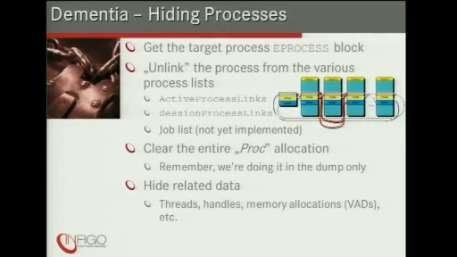Okay, so now we have everything. We have our hook, we know that a memory dump is being created, and we know all the offsets and all necessary details, and we can start hiding some stuff. Regarding the process hiding, we first get our target process EPROCESS block and unlink the process from various process lists. For example, we unlink it from the active process list. By unlinking, I mean just rearranging the next and previous pointers. We also delete the process from the session process links. I will also delete it from the job list. It's not currently implemented yet, but it will be. It's not hard to implement.